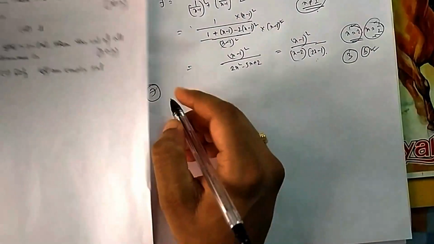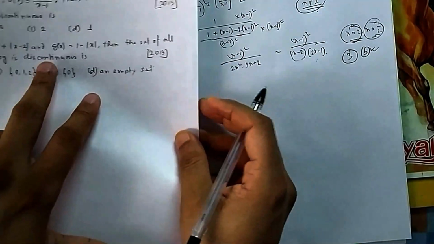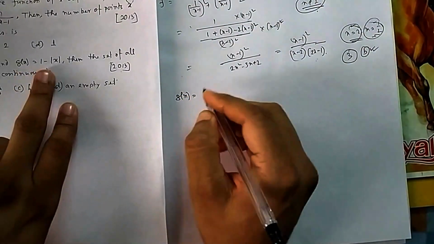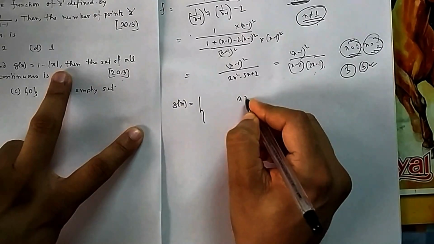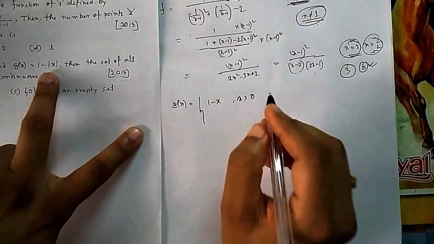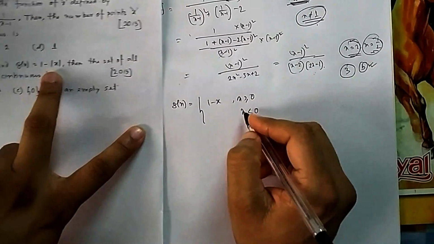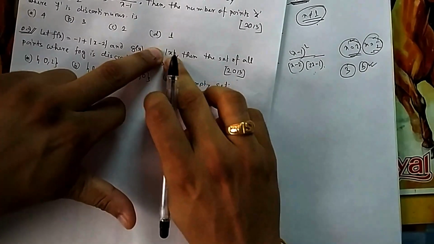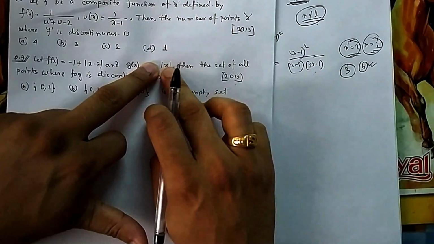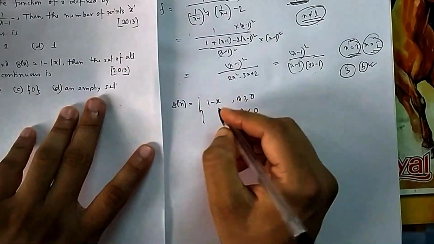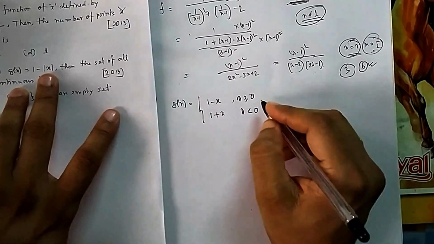Now if you come to 7, f is this one, g is this one, then the set of points where fog is discontinuous. You write clearly, remove your mod and write it in a properly defined way. I will define it piecewise. If x is greater than 0, then there is no need of mod, so you can remove this mod. If x is less than 0, you have to put one more minus, because it is negative, and mod will make it positive. So how to make it positive without using mod? If it is negative, you multiply by one more negative, it will be positive. So minus of minus x, that is plus x, minus x. So this is your g of x.